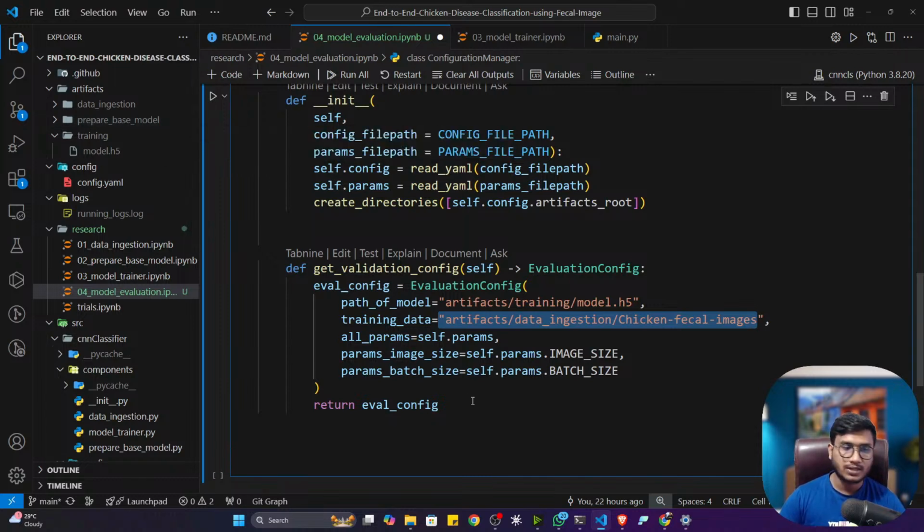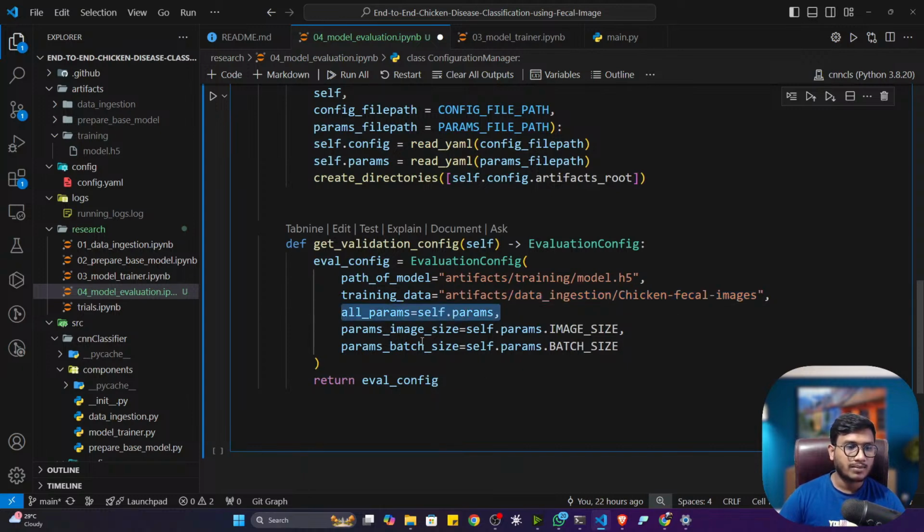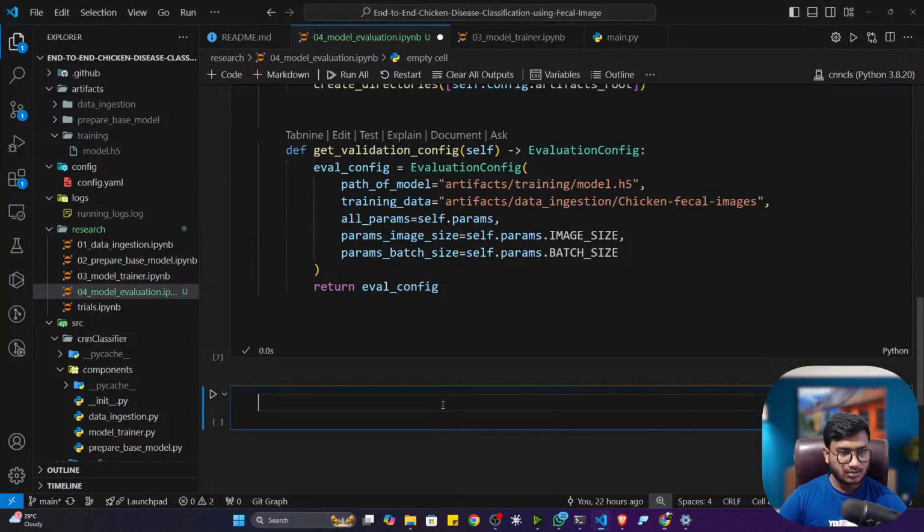That data will be used for the evaluation purpose. Okay. Now all the parameters, such as image size and batch size, let me return them. So now let me create the